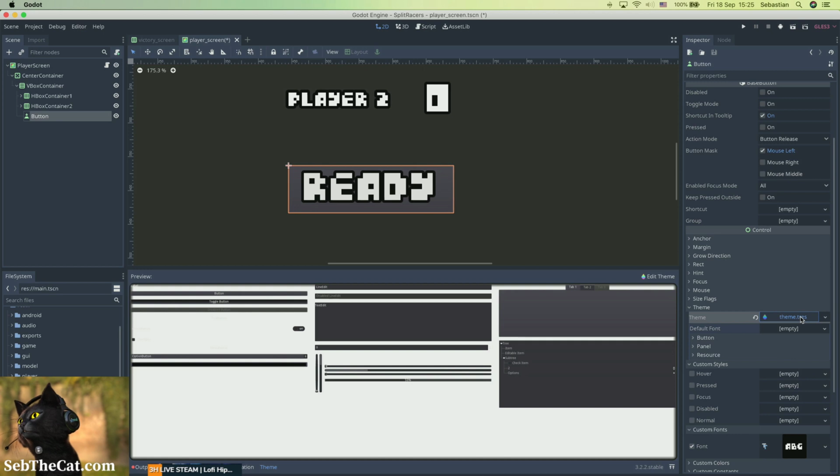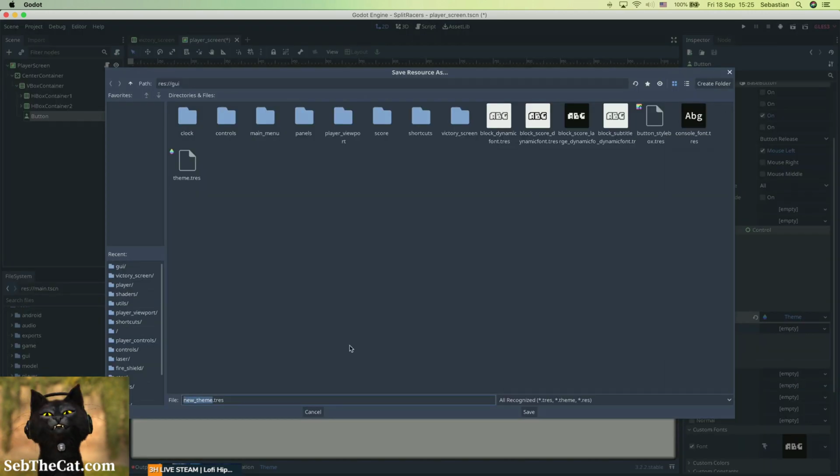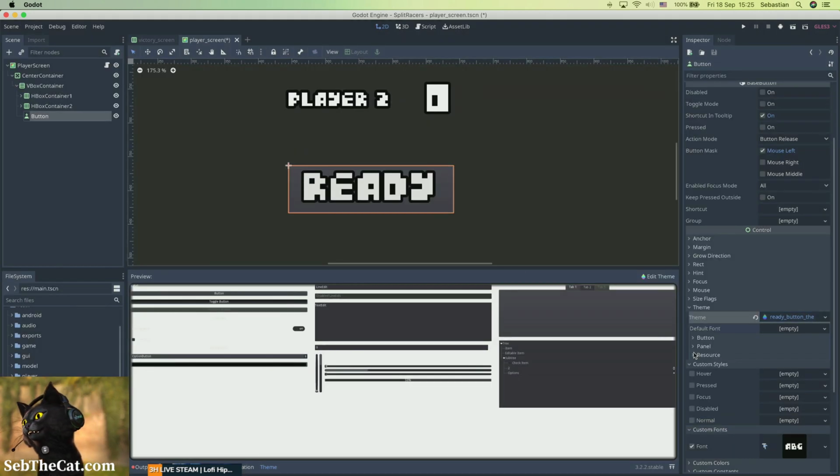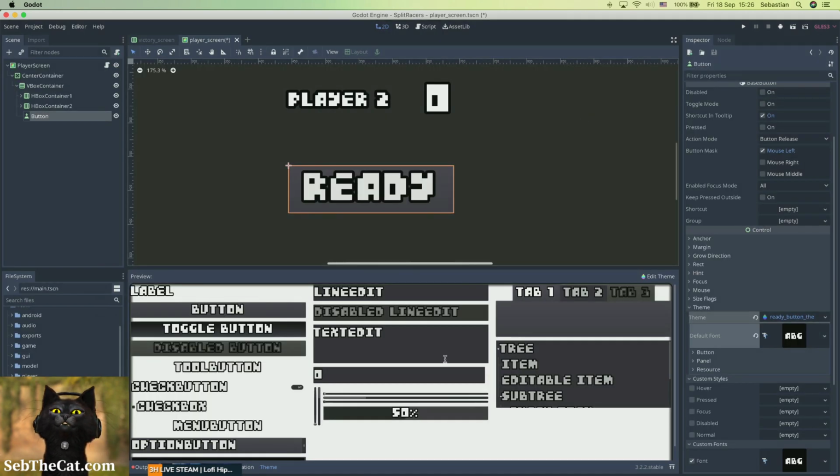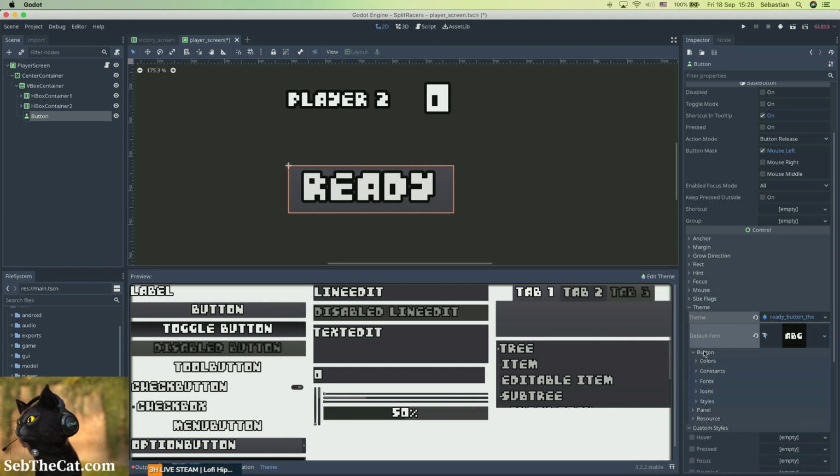Why is this theme so useless? Let's make unique and save it again. And I'm just going to call this ready button theme. And that will allow us to play around with it. So our default font is just going to be this chunky. Whoa, look how chunky it is. Okay, and